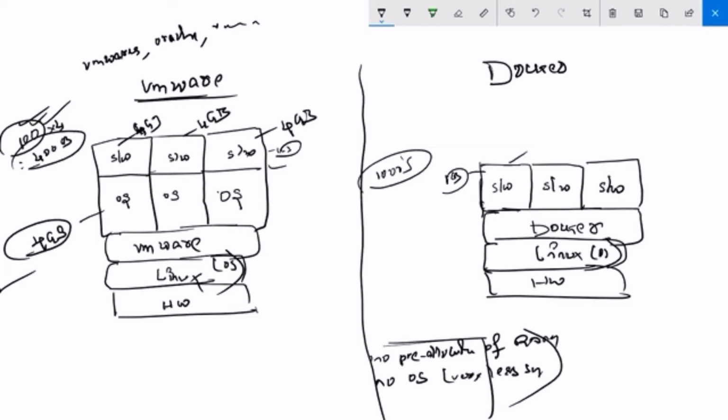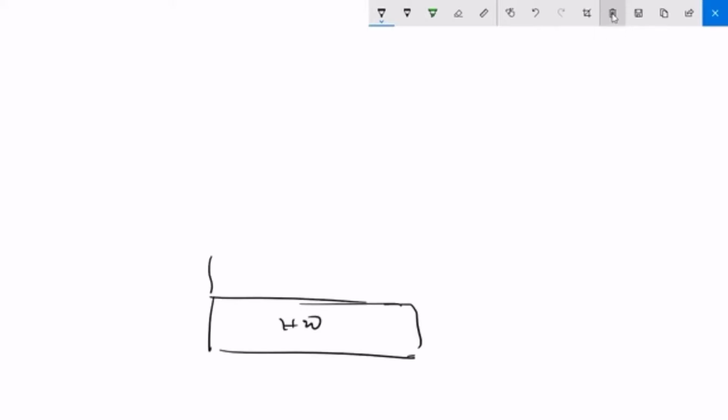Now let's take only Docker. See here, this is my hardware. This is my OS, the base machine OS.